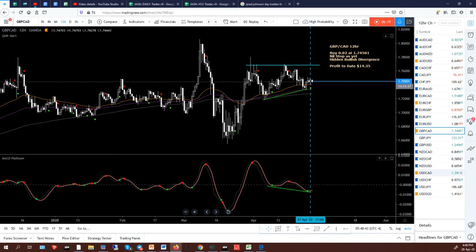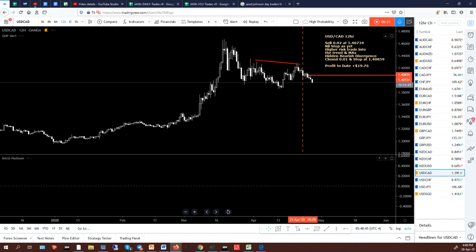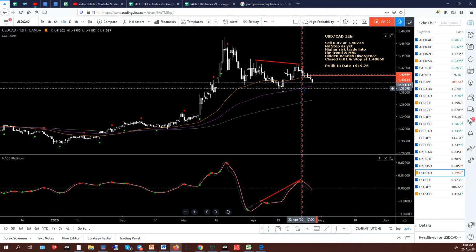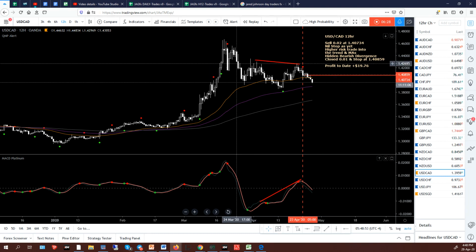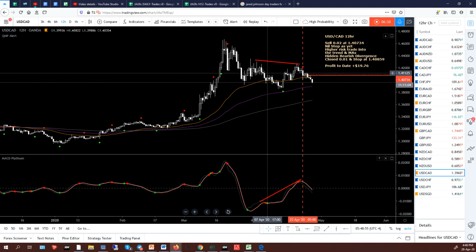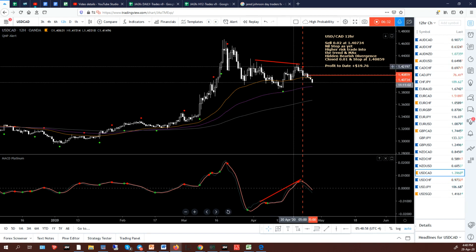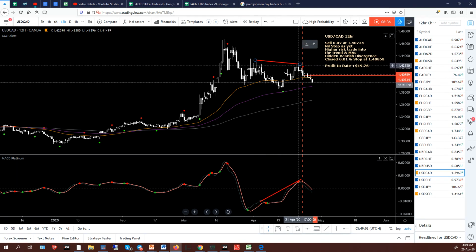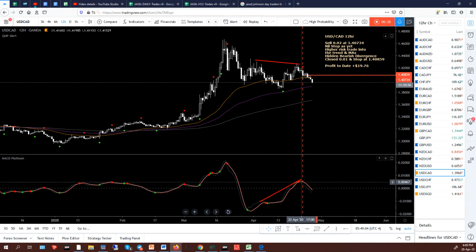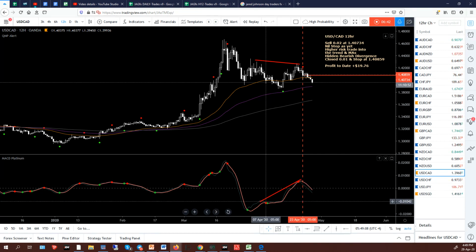All right, what's next? USD CAD. In a sell here, and it was based on hidden bearish divergence, as you can see by my notes. I like that, and you can see the lower low, and a lower high. So we've got lower highs on price and higher highs on the oscillator, the MACD Platinum, and with divergence,